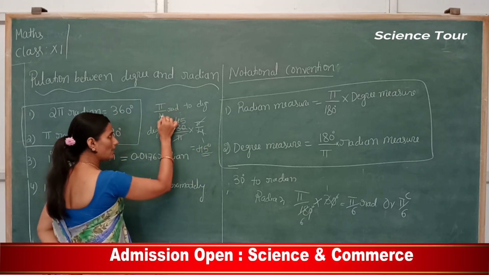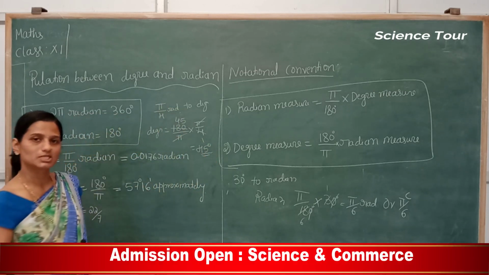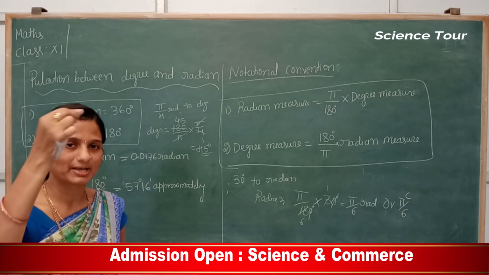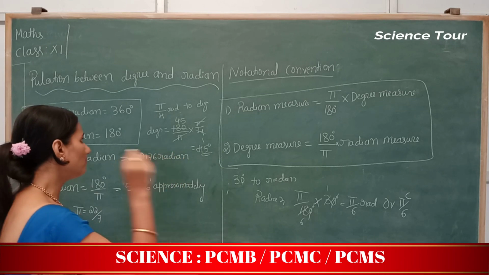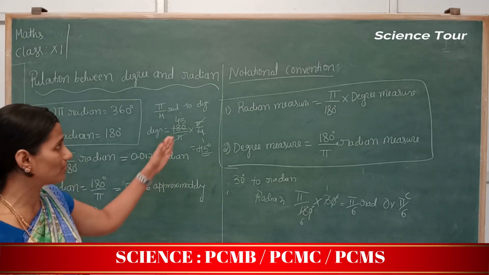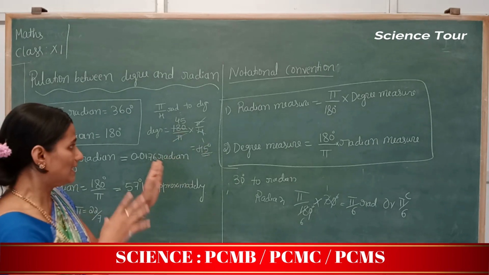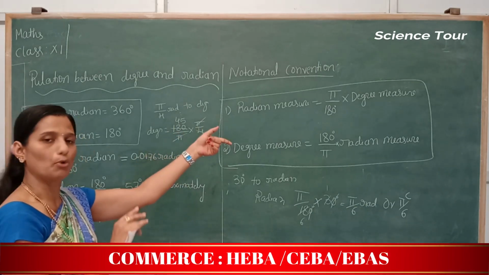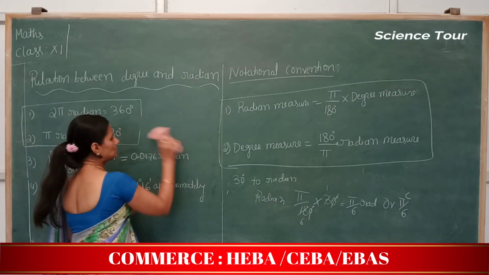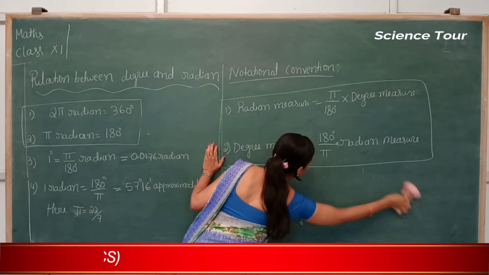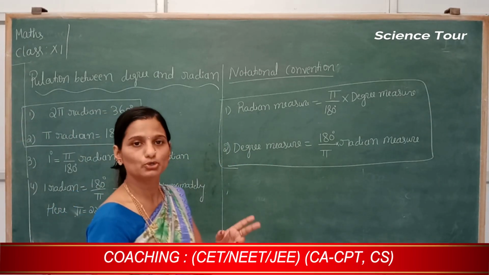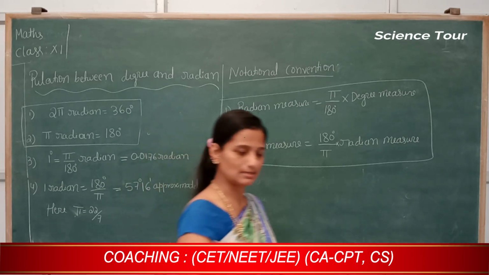So pi by 4 radian is equal to 45 degree. 30 degree is pi by 6 radian. I will explain by giving problems; I just showed how to use the formula. Don't write these. Next I will simplify questions on this one. Conversion of radian to degree and degree to radian is important for 2 marks.